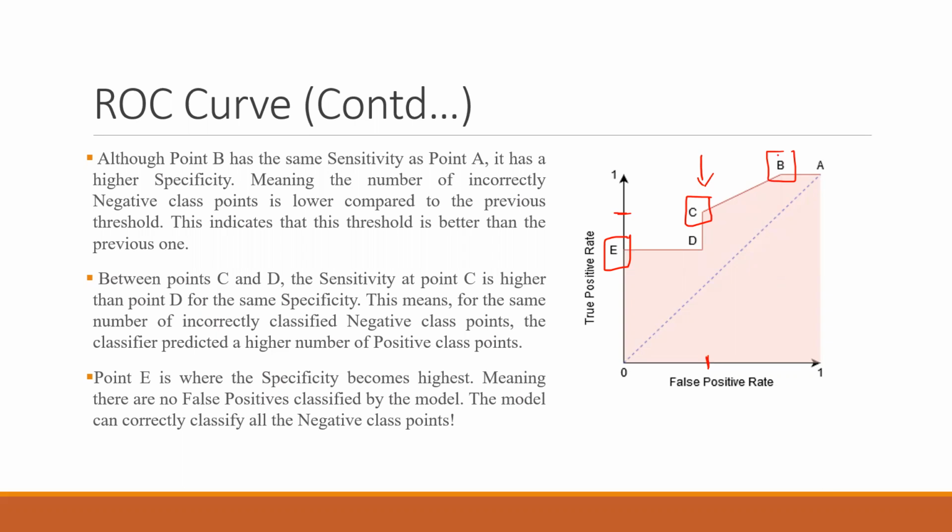B अच्छा नहीं होगा इन तीनों में से, because B वाले में आप बहुत poor perform कर रहे हो in specificity, because you are having a very high FPR, and high FPR means that 1 minus FPR will be your specificity, and specificity will be low. It will be nearly 0.1 or 0.2.